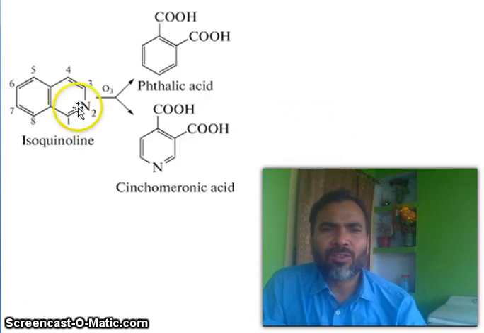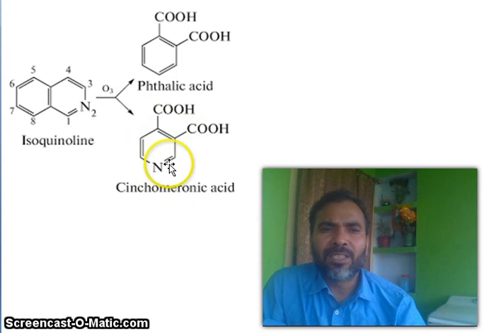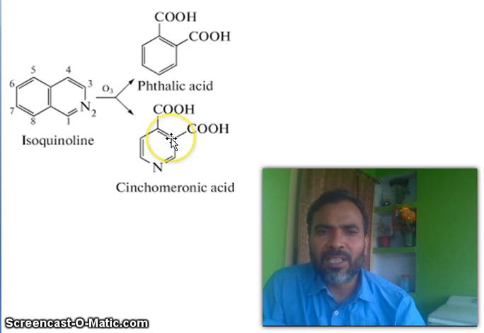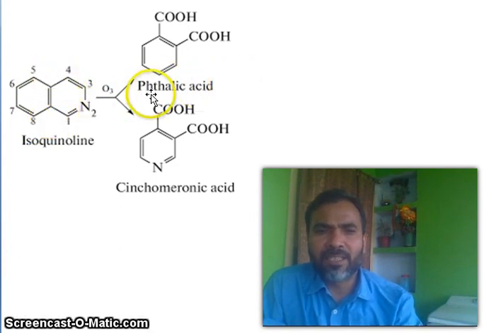So this is also a very important reaction for isoquinoline, because it undergoes ozonolysis. You know the ozonolysis reaction. It will give phthalic acid and cinchomeronic acid. So this product indicates how this pyridine ring is attached in the isoquinoline. You see this 1, 2, third bond. This is the C, what we discussed in the previous slide, and this is the phthalic acid, because when oxidation occurs, this part will break, this bond will break, and you will get phthalic acid. And this is a very important reaction.